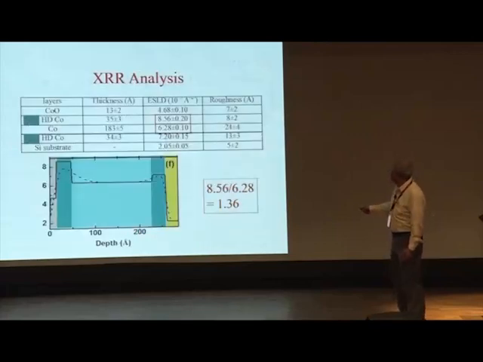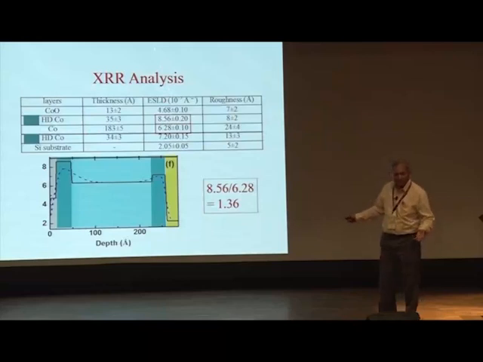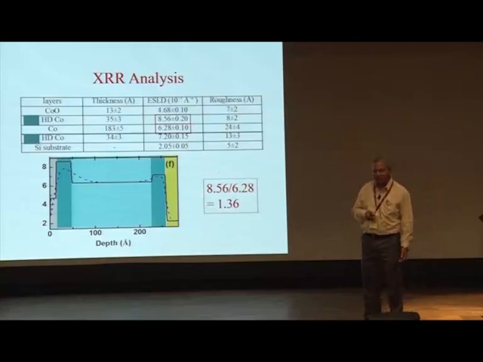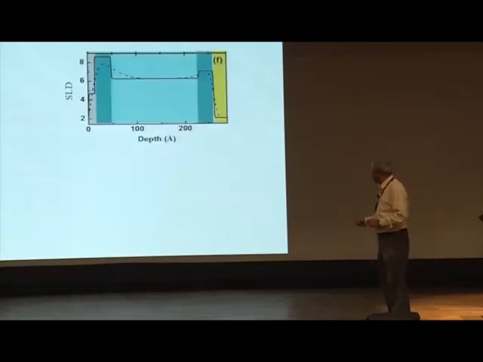Now, if you look at this high density cobalt and the normal cobalt, this is the electron scattering length density, which is proportional to the density of the material. Take the ratio of these two, it's 1.36. So that means the density is enhanced by a factor of 1.36 compared to the normal cobalt. So we have such two layers which are high density.